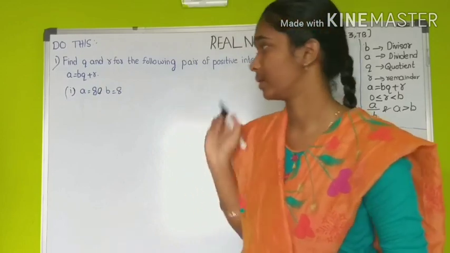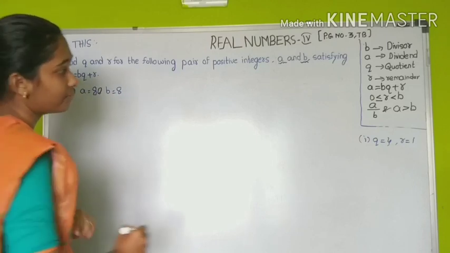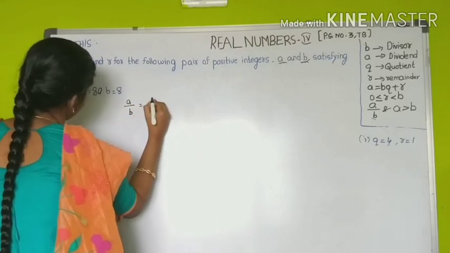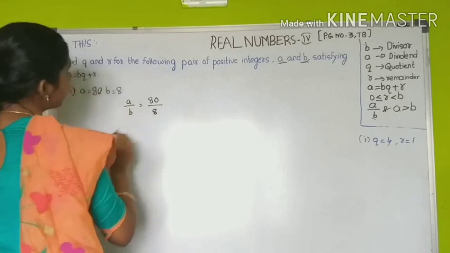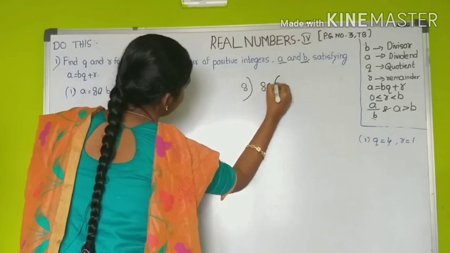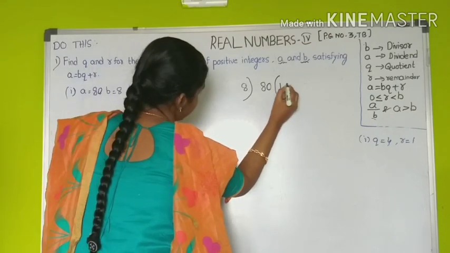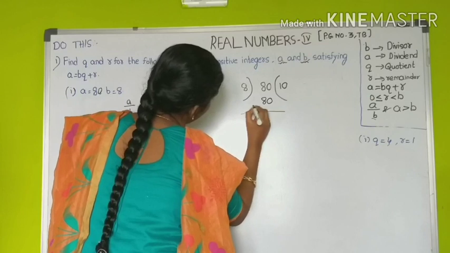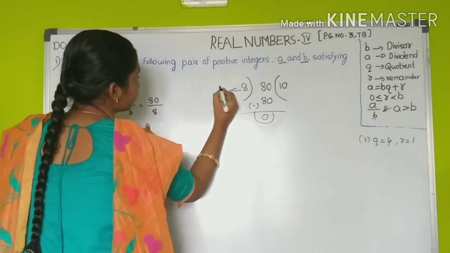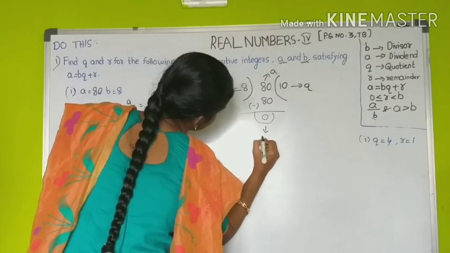And now we solve this problem. By the condition, here A is equal to 80 and B is equal to 8. And what is the divisional form? It's always A by B. So we write A by B is equal to 80 by 8. When we solve in this manner, we solve the division 8 into 80, and we all know that 8 tens are 80. So we write here 10 directly, and 80 minus 80 is 0. And we denote them: it's B, it's A, it's Q, it's R.